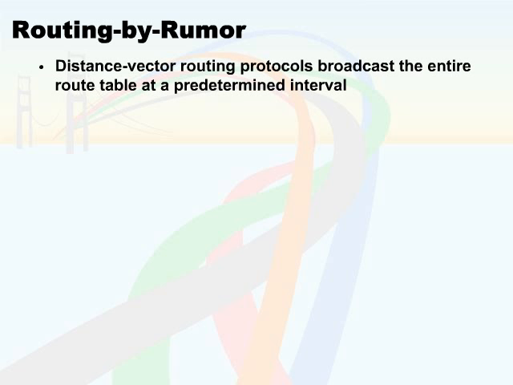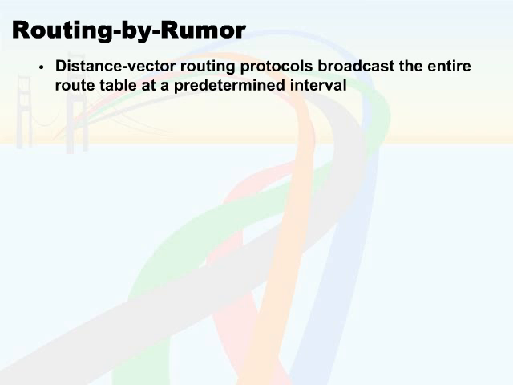we may face. Probably first and foremost is the issue with distance vector routing loops. And this goes back to the concept of what the characteristic of distance vector really is. Remember, a distance vector routing protocol advertises via broadcast its entire route table out of every interface at a predetermined